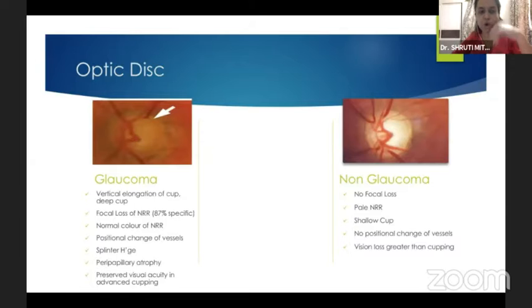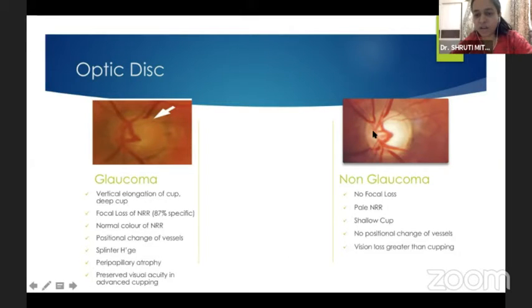often present. The optic disc in glaucoma shows very characteristic changes like vertical elongation of the cup, a deep cup, and normal color of the NRR. There is focal loss of neuroretinal rim, also known as notching, positional change in vessels, also known as bayonetting, or splinter hemorrhages, and a peripapillary beta zone, which is known to be associated with progression. And very important to note is that even in spite of having an advanced cupping, the vision might be normal